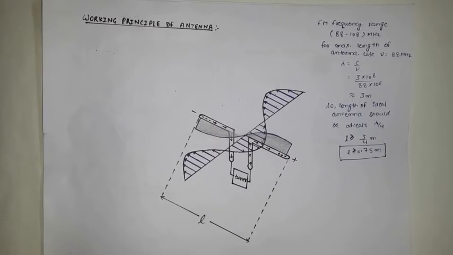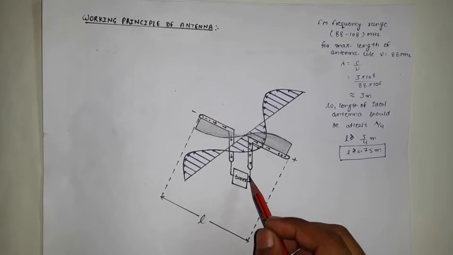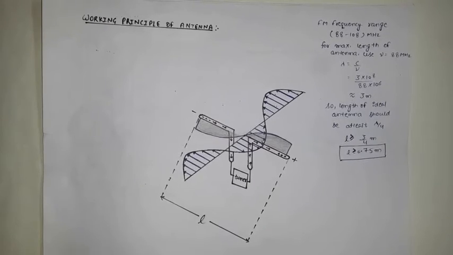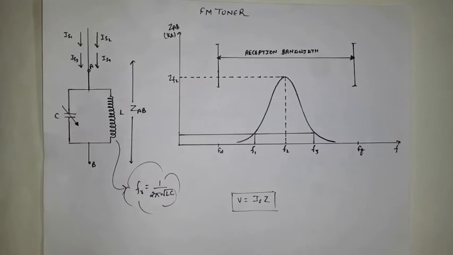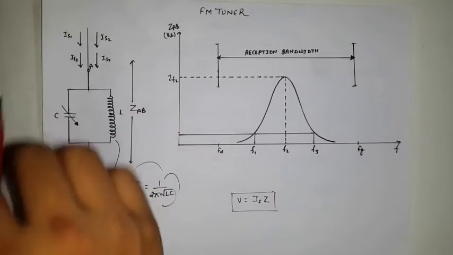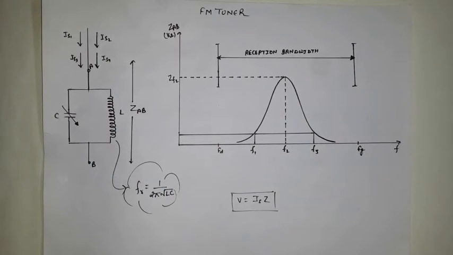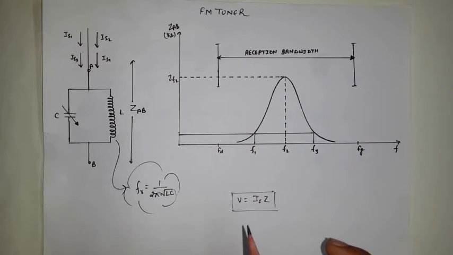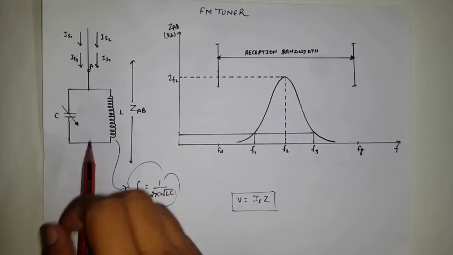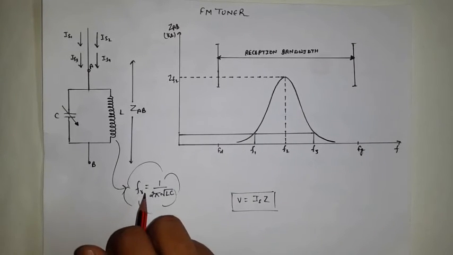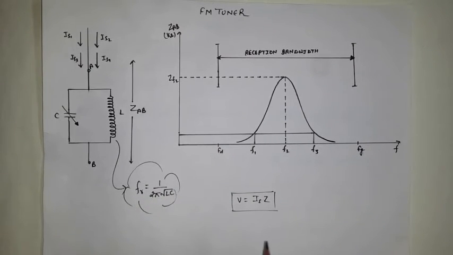Now our aim is to get the tuned frequency from the many frequencies that we have got from the antenna. This is done by a tuner circuit. Let F1, F2, F3 be the frequencies that we got from the antenna, and IS1, IS2, IS3 the corresponding currents. We want to get the F2 frequency out of these. So we tune the circuit in such a way that its resonance frequency will be equal to F2, and this can easily be done by changing the values of L and C, which we actually do when we tune the radio.